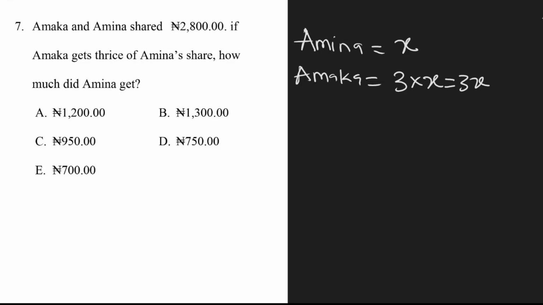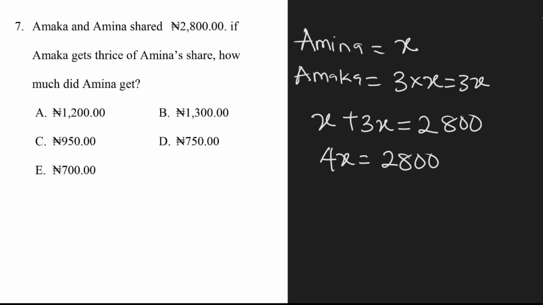So if you add that of Amina and Amaka, you should be able to get 2,800 naira. So we said Amina plus Amaka, which is 3 times that of Amina, will be equal to 2,800. So X plus 3X is just like saying a cow plus 3 cows, and a cow plus 3 cows is 4 cows. So X plus 3X is going to give us 4X. So we have 4X is equal to